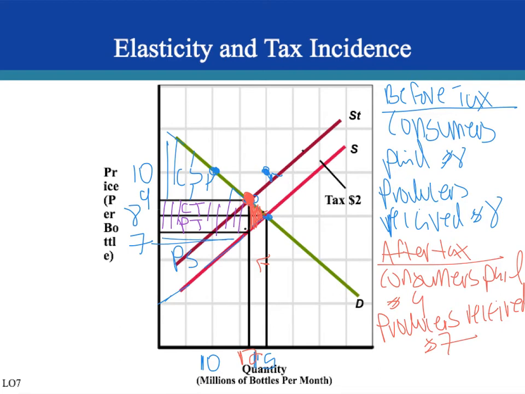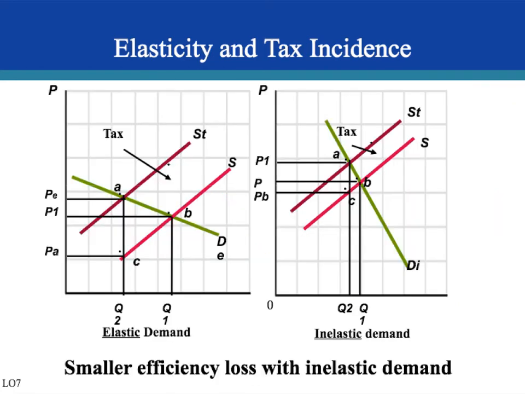So there's also been a loss of surplus as well. Before, like we said, that whole triangle would have been total surplus, half of it consumer, half of it producer. Now we have some deadweight loss, tax revenue that goes to the government, and decreased consumer and producer surplus. Now let's look at an example where demand is elastic and then another one where demand is